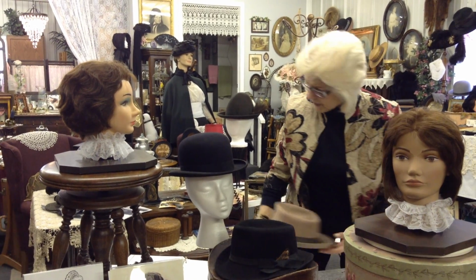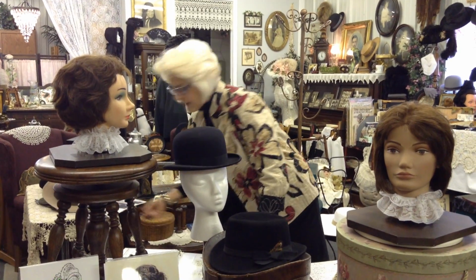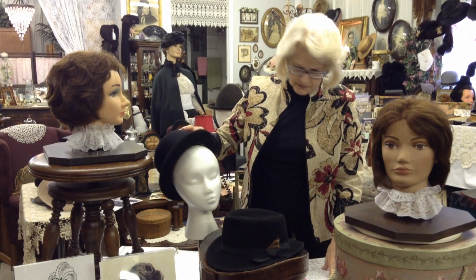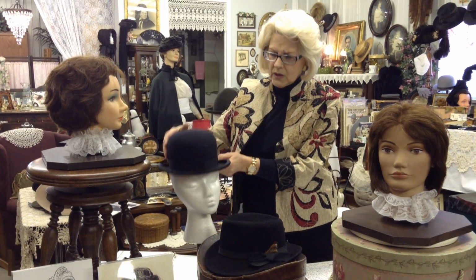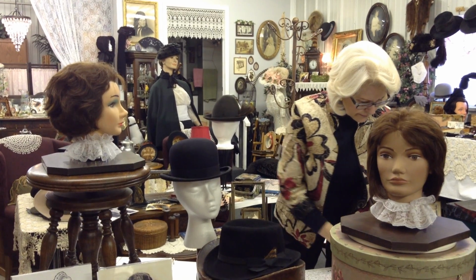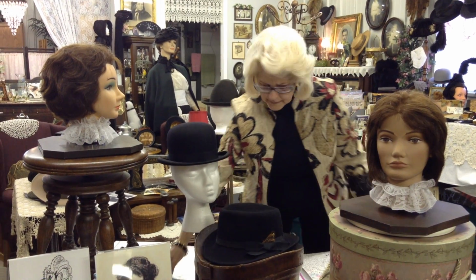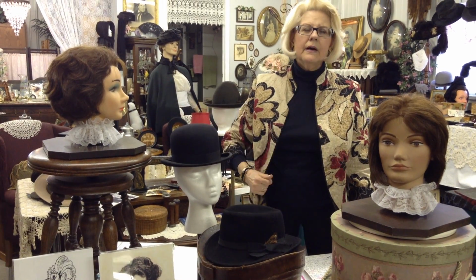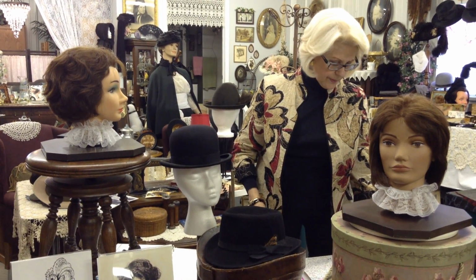So you might find that once in a while if you're looking at an old hat. Okay, I think we're really done with the fedora. I might lay it over there. Okay, eventually the bowler was simply called a bowler. They lost the riding business. And it became the favorite for all casual activities,